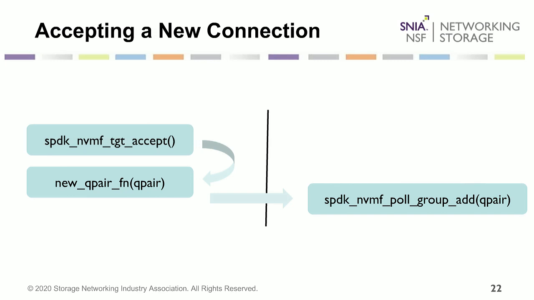And all of the connections on that hardware queue pair need to be polled as a unit. So there's only one right answer in Fiber Channel about which poll group. Every poll group is a hardware queue pair in Fiber Channel, and there's only one right answer. With RDMA and TCP, you can pick whichever one you want. It's fine. But then we started using this concept again for RDMA